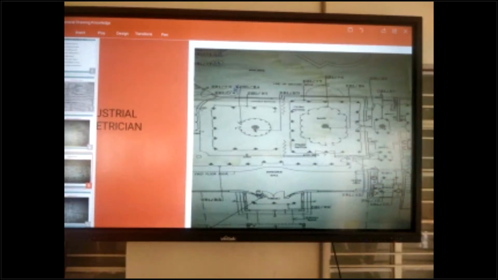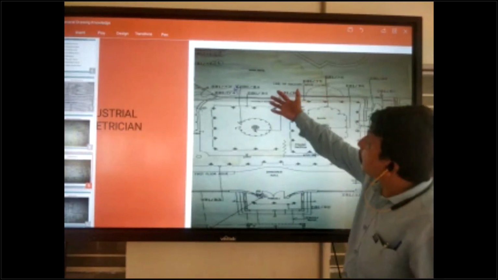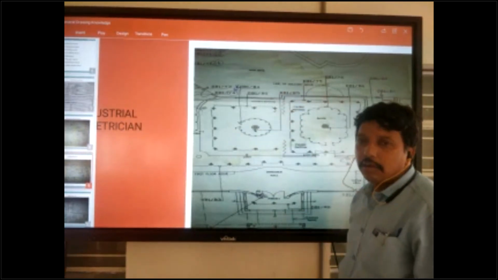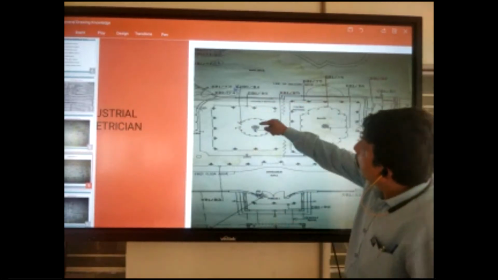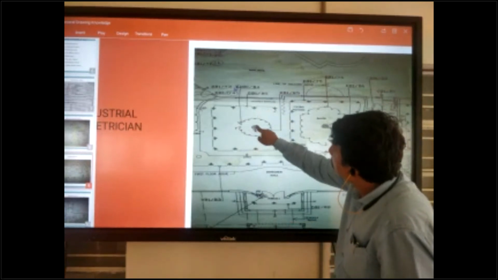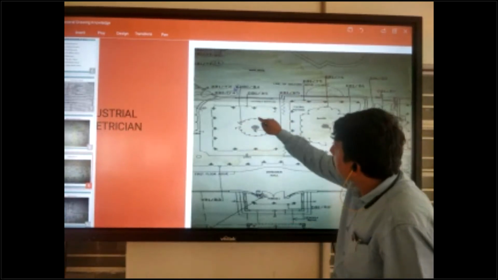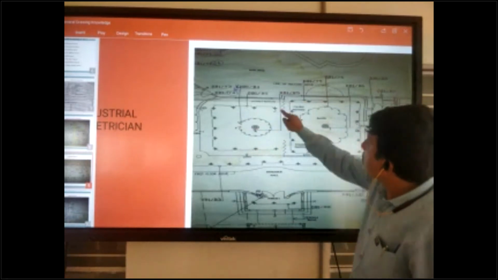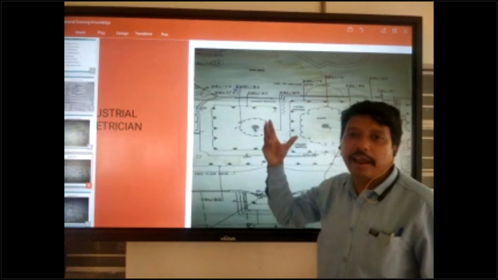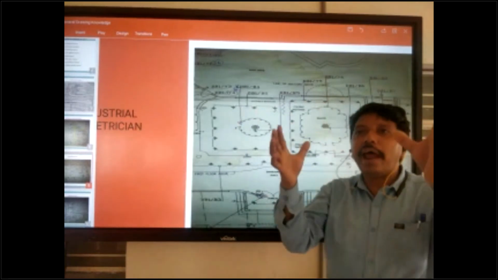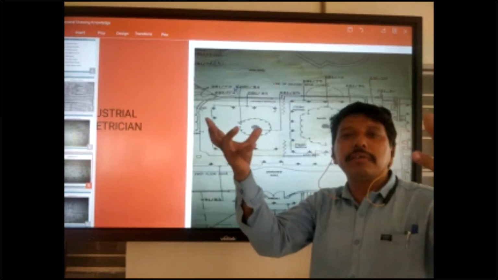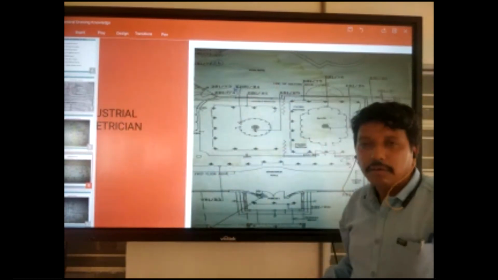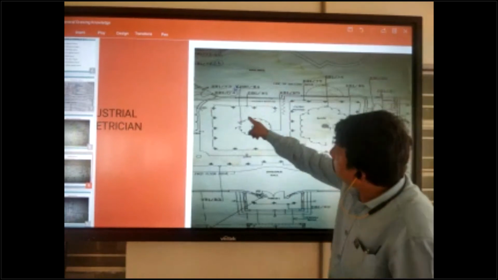Lighting layout. This is the lighting layout. So many lights are inside here. You can see this light is inside, one light is outside, and another light. These are all decoration lights. We have many lights: tube light, bulb light, and some decoration lights. Decoration lights are used as ceiling decoration. So these are all the lights.